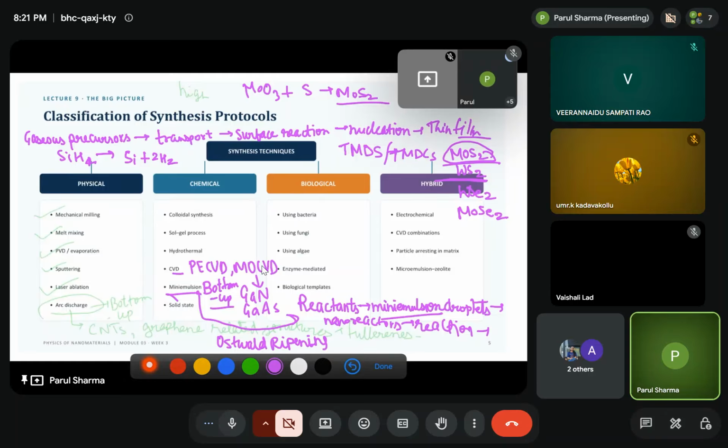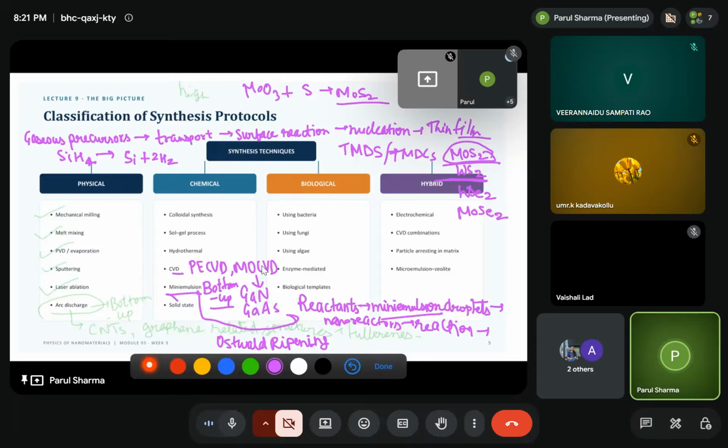Even this is one of the questions in the assessment assignment also. So these droplets effectively behave as individual nanoreactors. So this is the key concept. So the basic components are